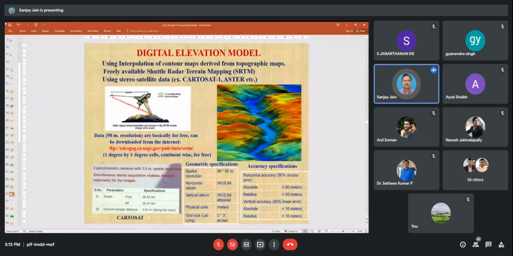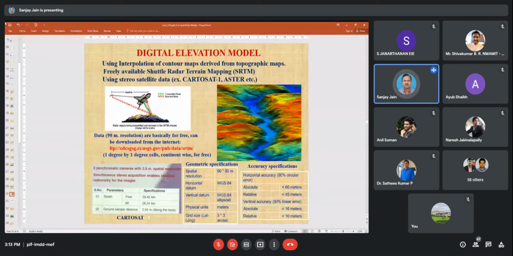Horizontal resolution is 30 meter, 90 meter, 10 meter, 20 meter, whatever it is. Like Cartosat, I have 20 meter freely available. If I want 10 meter, I have to go to NRSC, and they will supply the satellite data or digital elevation model at a certain cost, at a resolution of 10 meter horizontal.